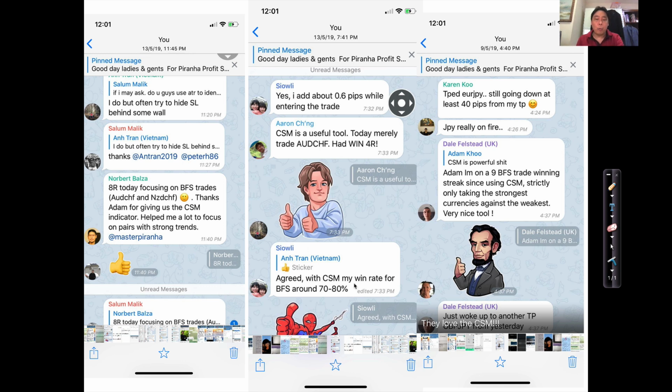Agreed with CSM. My win rate for BFS, bull flag surfing, is 70 to 80% win rate. This guy Dale from the UK says, Adam, I'm on a 9 bull flag surfing trade winning streak since using CSM. Strictly only taking the strongest currencies against the weakest. Very nice tool, right? So you can see that with this tool, a lot of my students are getting 70-80% win rate on their Forex trades,